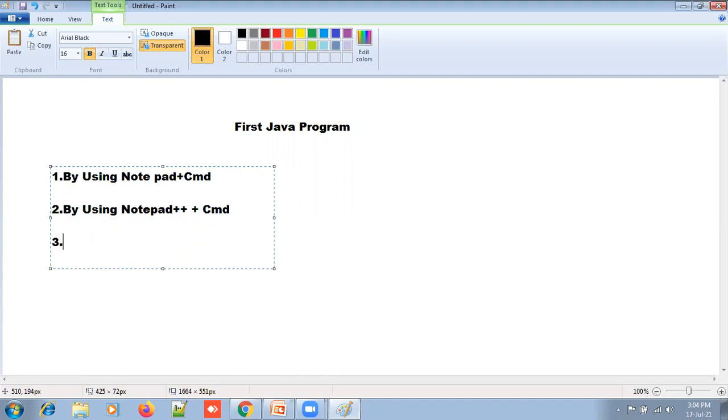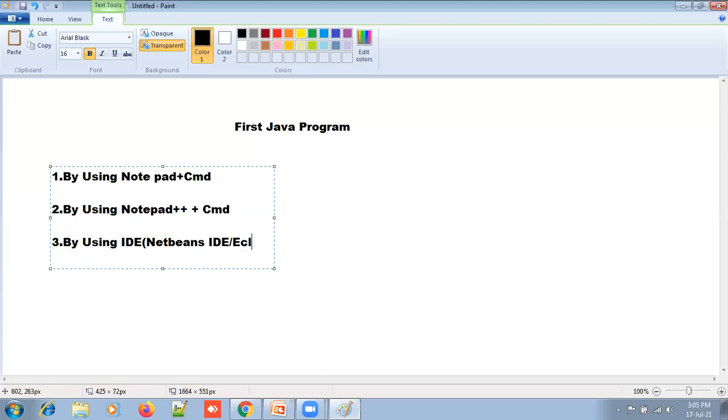Three ways I can show. The third way is by using an IDE, that is, an integrated development environment, such as the NetBeans IDE or Eclipse.